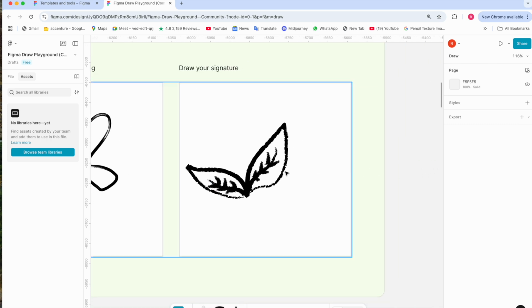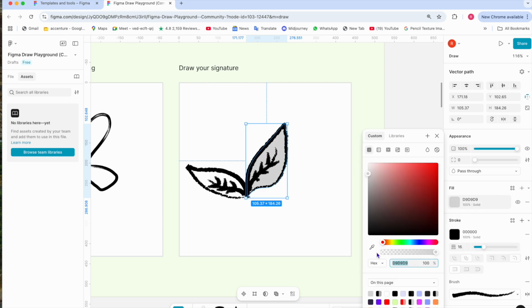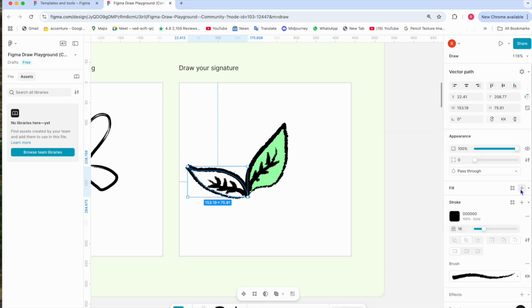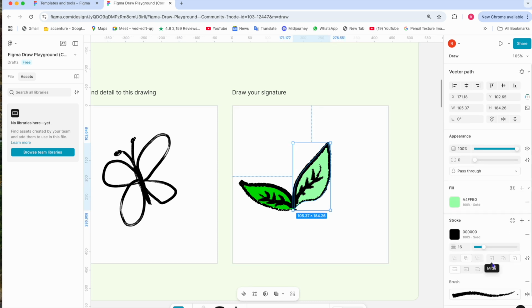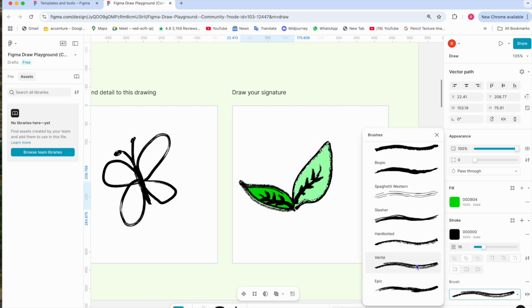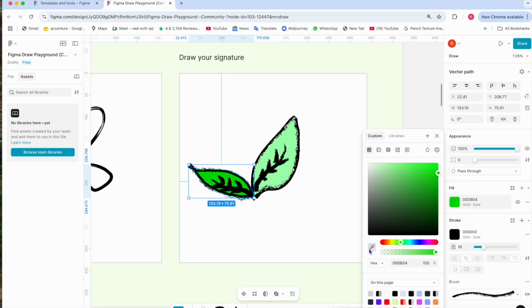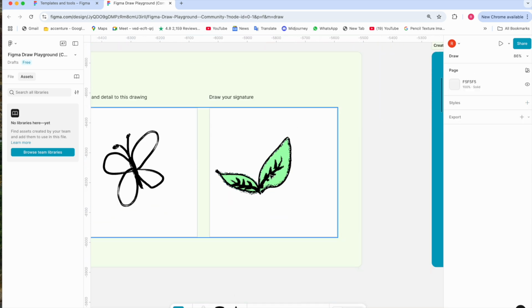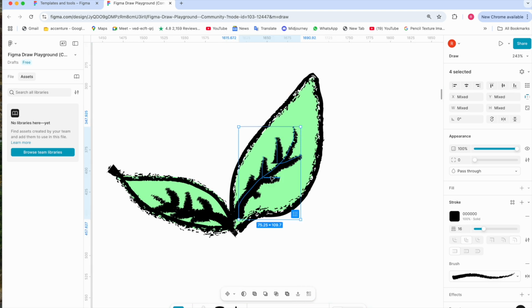So you can see the leaf is created, and if you want to add the color in the leaf, for example green, you can fill it over here. Even you can change the brush strokes, like from this to this and to this. Also, let's change the stem colors.